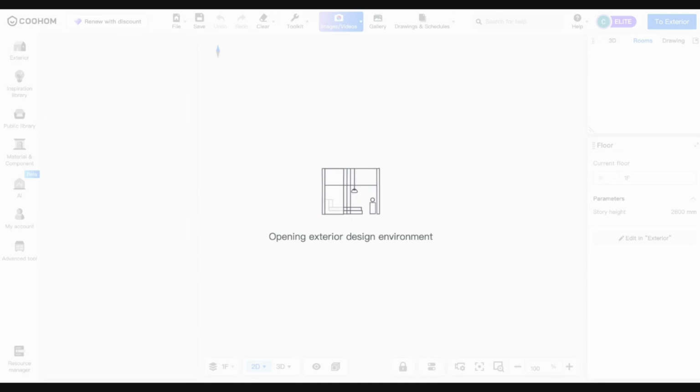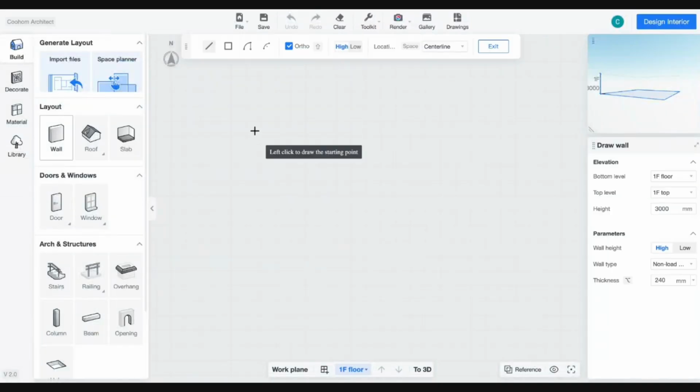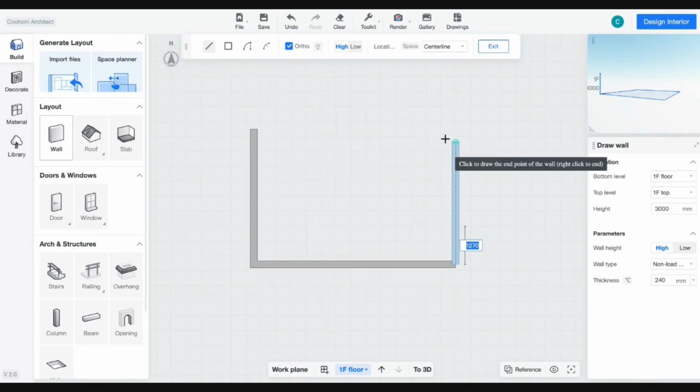Let me try to. Okay, it's running. So for example, I'm creating a room here,